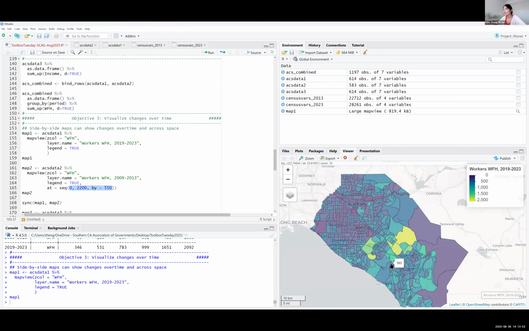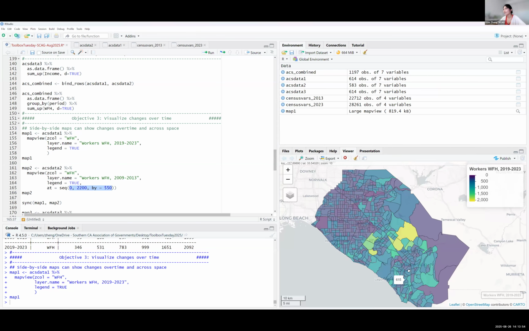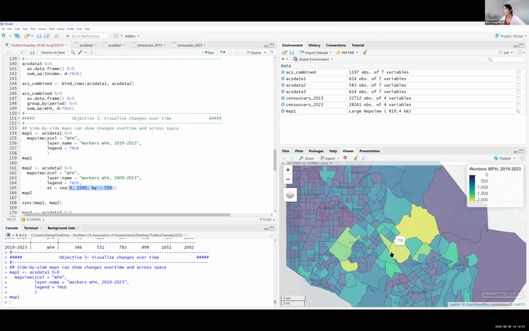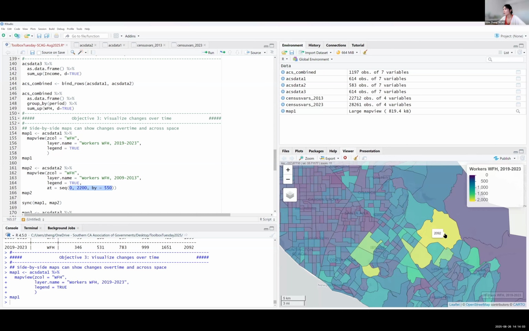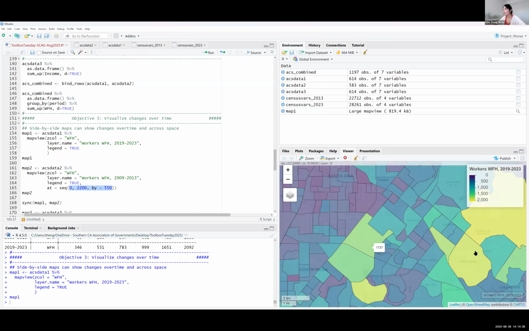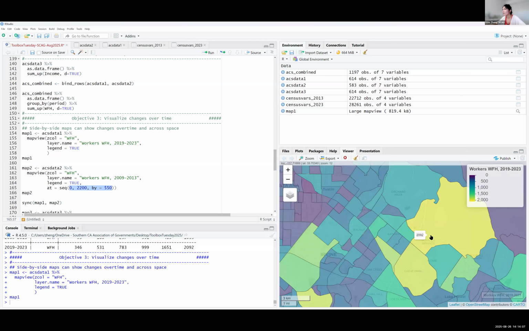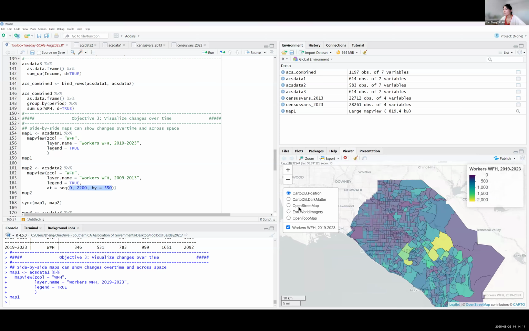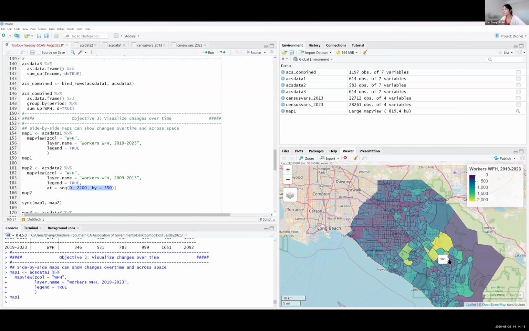Yeah, so it's interactive. It's already a very nice-looking map, and you can see the areas with the highest number of work from home remote workers are here in Irvine, and then also in this area. There's an option to change your base map. Usually this OpenStreetMap gives you a little more detail.